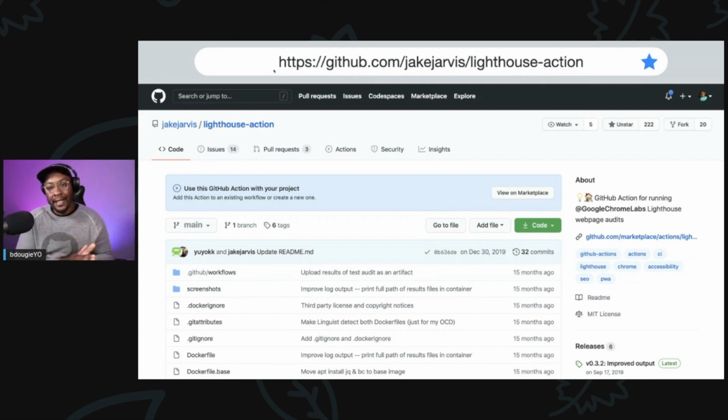It's trying to get you into a place where you can automate things using community created actions. So Jake Jarvis is somebody I've never met. I'm aware of him. He built this action. It's open source in a GitHub repo. And now not only can I run this action on pull request, I can run this on my deploy previews on Netlify specifically. So every deploy preview from Netlify, you get a unique URL. And that URL can run and get a Lighthouse score. So instead of waiting until there's a problem in production, you can actually catch those problems at the time of